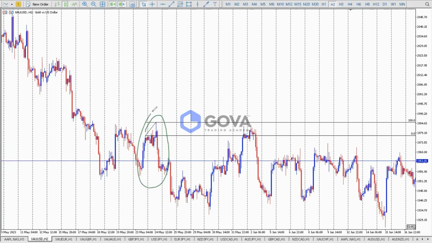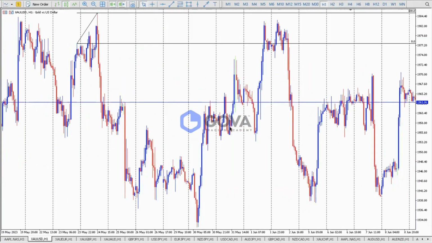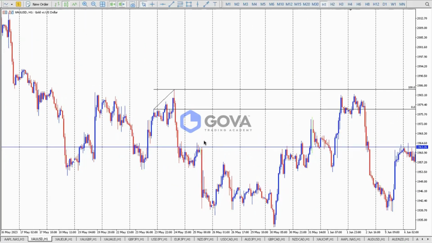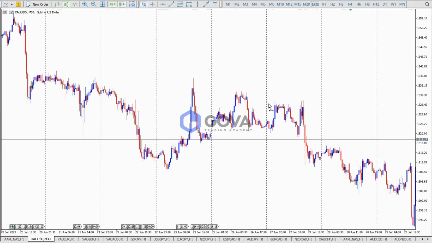This is the zone. From H2 to H1, so from H1 to M30,